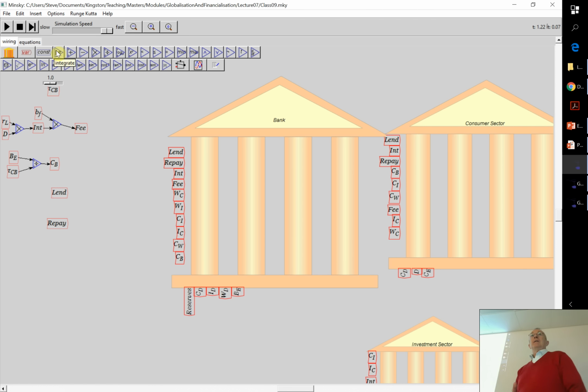So if you had some model, you wouldn't necessarily have to complete the whole thing. You could say, I'm only interested in the evolution of the amount of fees the banking sector earns, and then you could just have the banking table. Yeah, you could. You've got some variable in the background which you're not really recording or managing, but within what you actually defined, it's all evolving. And in most of the papers I use with Minsky, I use a single table. But the beauty of doing it with the double tables is I can rapidly redefine the debt as being an asset of the banking sector rather than of the consumer sector.